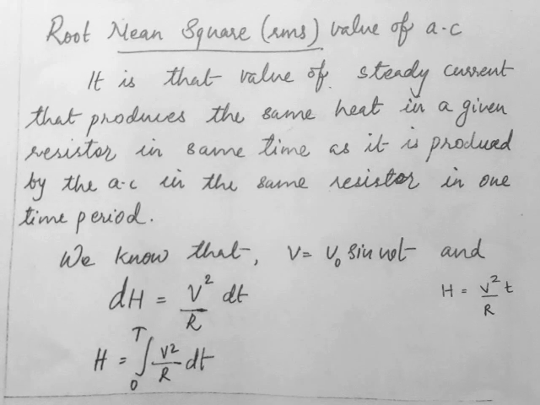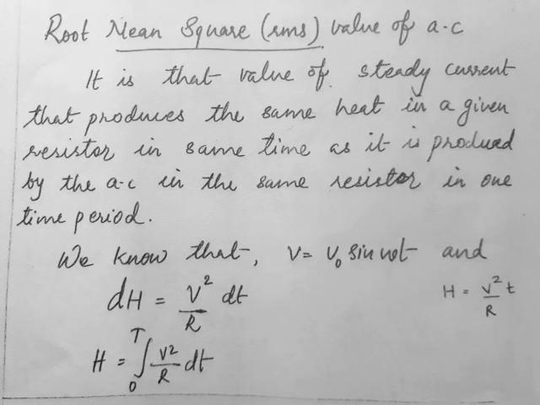So we told just before the average value of AC, which is the value within half time, that is half time period. So here, to find the root mean square value of AC, what we do is we find the heat produced by AC. We just now mentioned heat produced by AC. The heat produced by AC in a resistor in one complete time period, that is from 0 to capital T time,